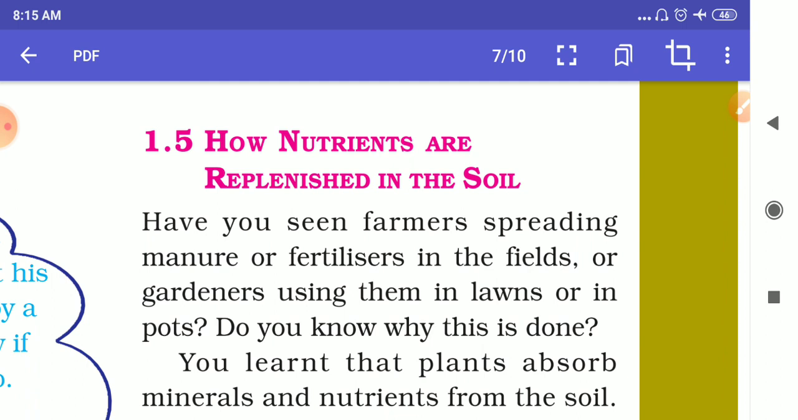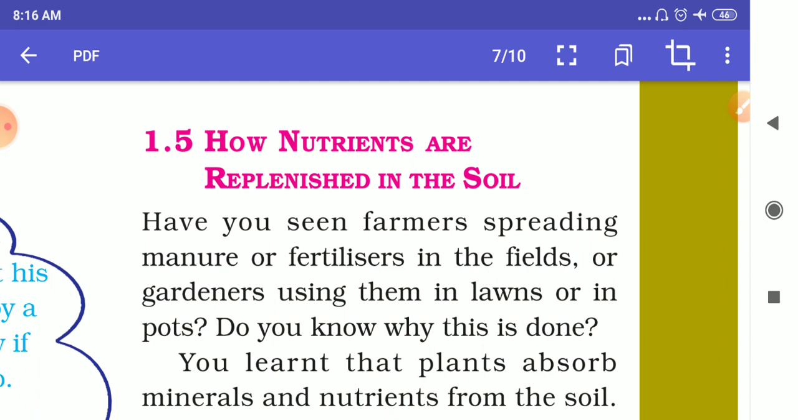These plants' nutrients need to be added from time to time. It is necessary to put back, to replenish these nutrients from time to time. This putting back of nutrients in the soil is done by different methods, some of which we are going to discuss. The first method by which we can replenish our soil with nutrients